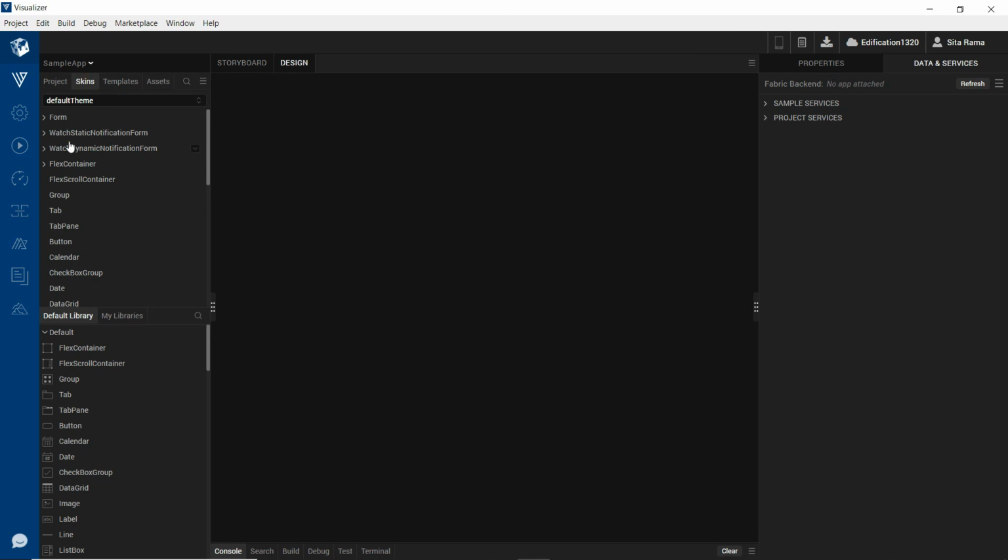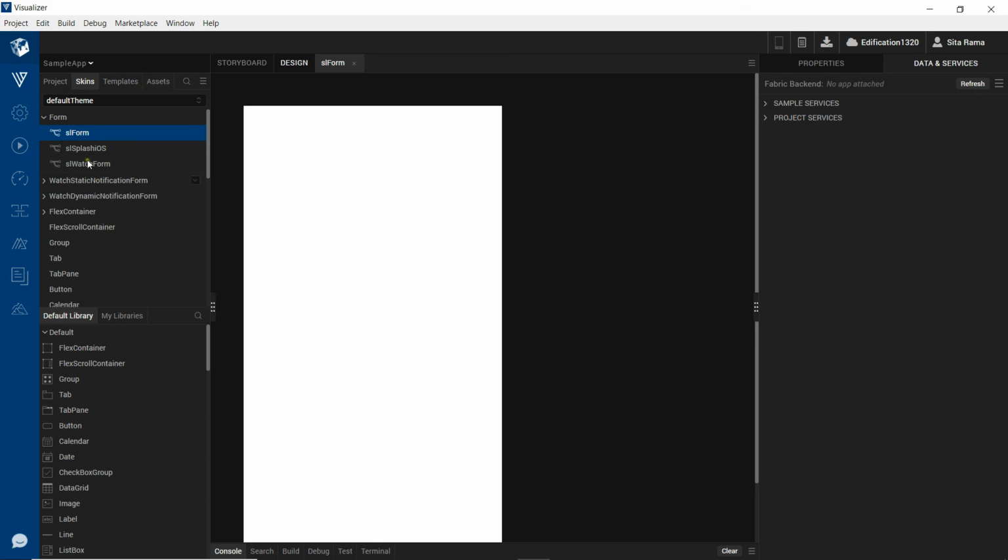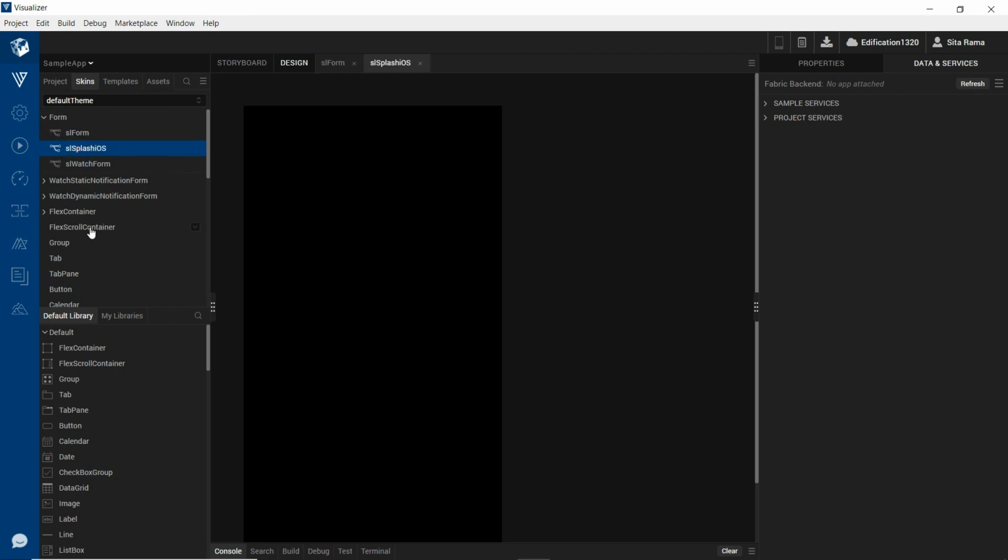Skins is the place where you will be able to create the various skins for different types of widgets. What do we mean by skins? Skins define how the look of the widget should be. For example, if we look at a form, there are some default skins that are created.